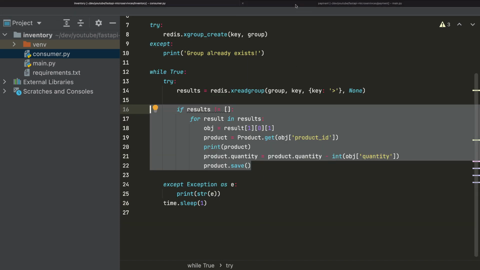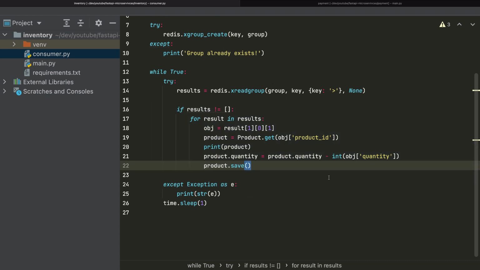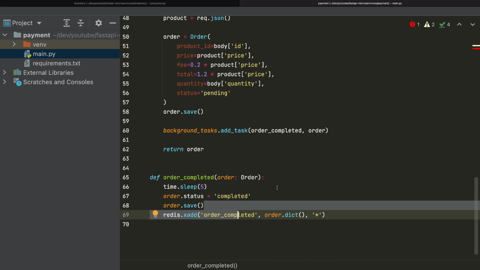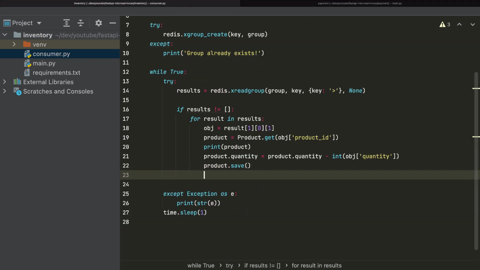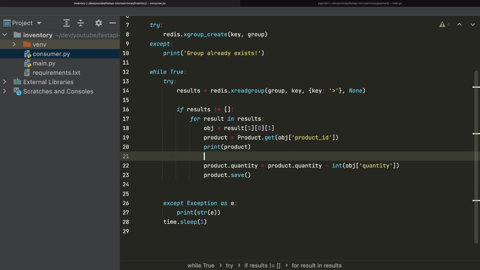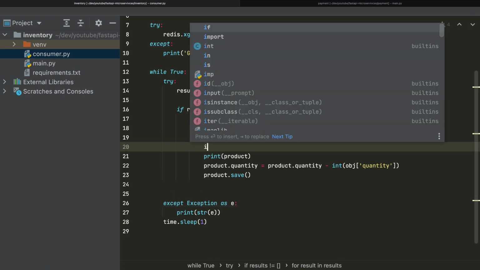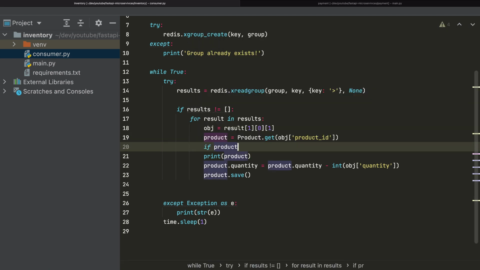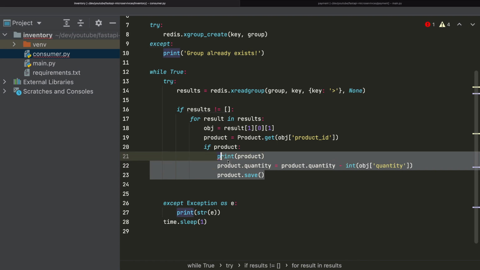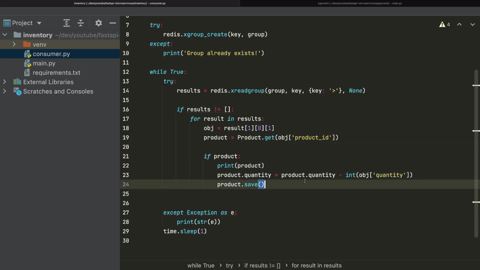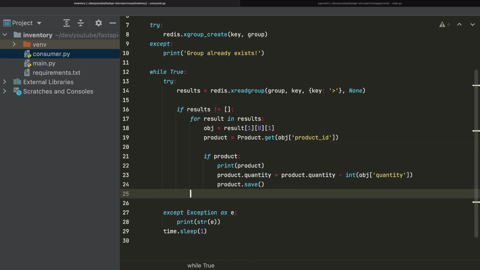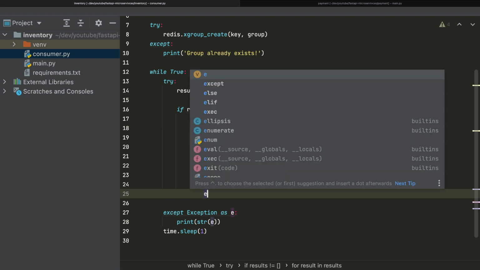So we will send an event here to the inventory, and now we will send it from the inventory back. And we will do it the same. So I'll copy this code and I will make an if condition here for the product. So I'll do it like this. If the product is set, then we will decrease the quantity of that product. Else, if the product does not exist, so else here,